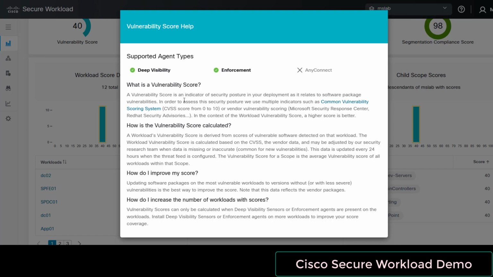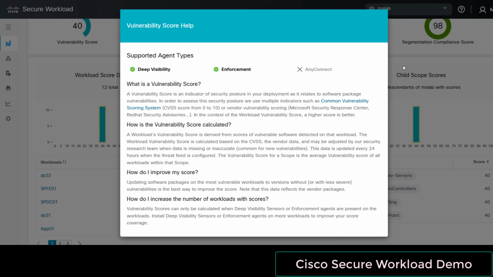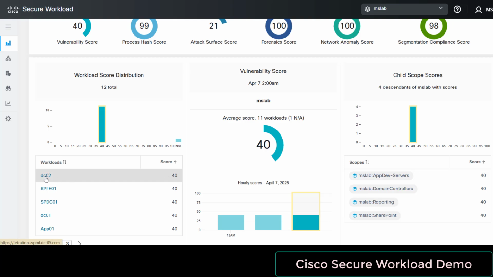A vulnerability score is an indicator of security posture in your deployment as it relates to software package vulnerabilities. In order to assess the security posture, we use multiple indicators such as the Common Vulnerability Scoring System. And how is it created? How is it calculated? So in my case, if I go ahead and click on the server to find out,